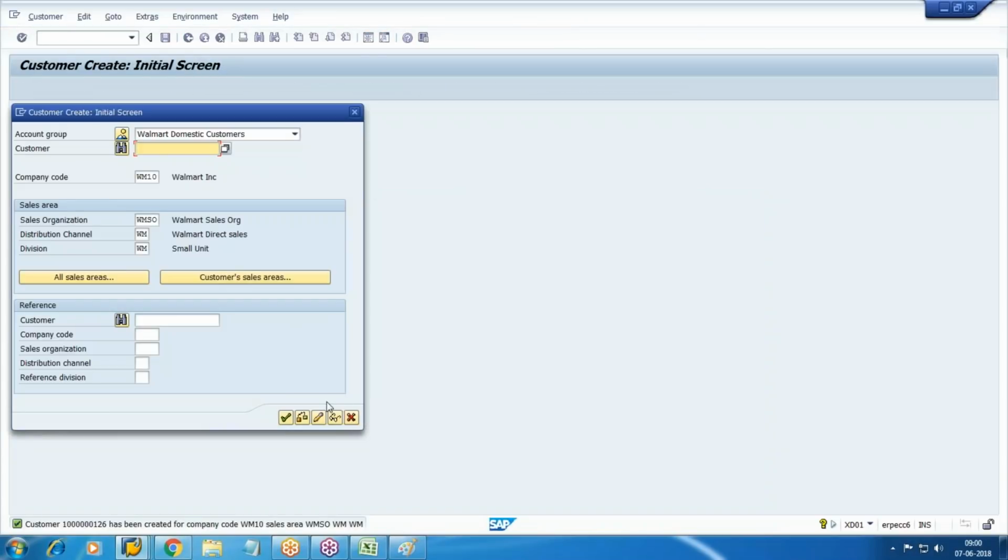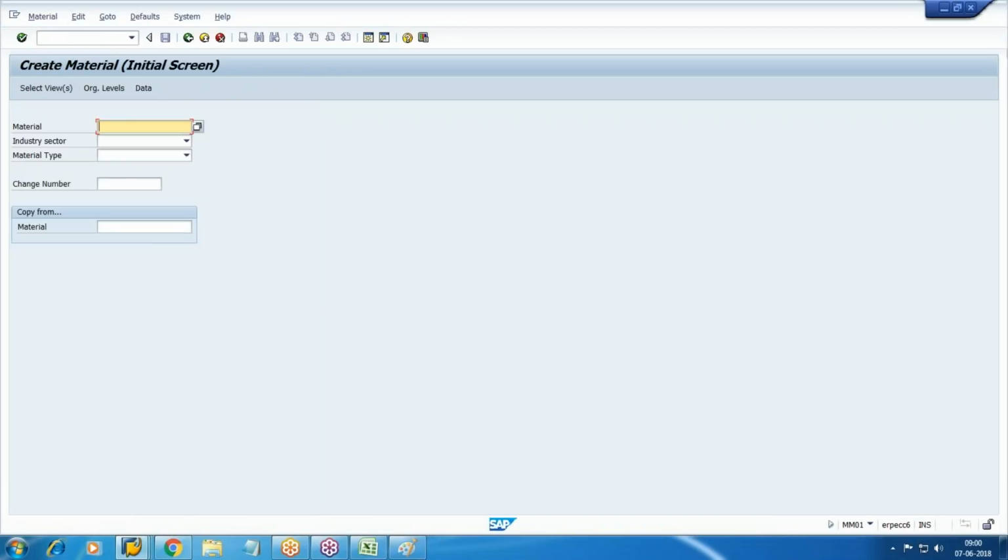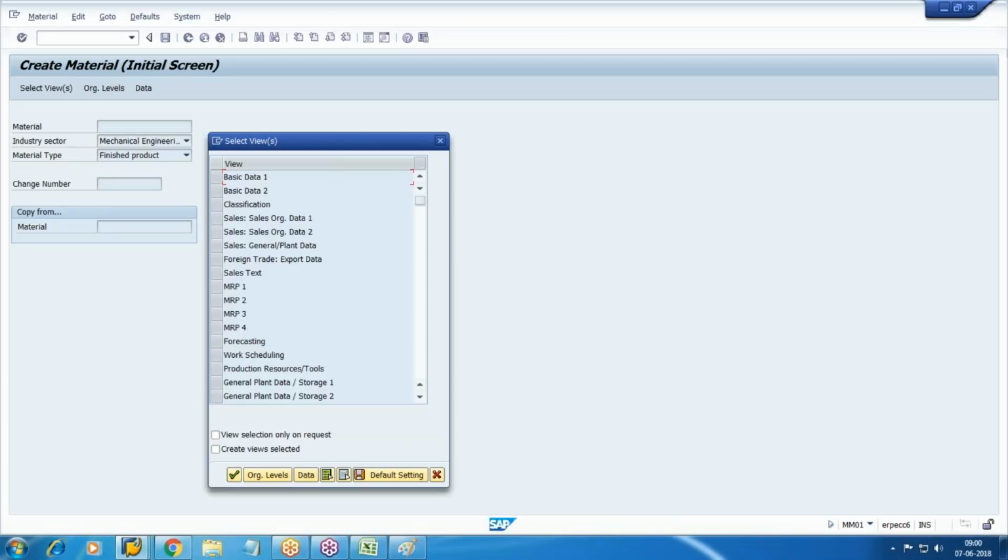Customer created. Next I'm going to create the finished product material. Transaction code MM01. Select mechanical, any industry sector. Then material type is important. This is finished product. So select finished product, category FERT, and select the views. So here it is finished product, basic data, sales organization 1, 2, sales general plant,